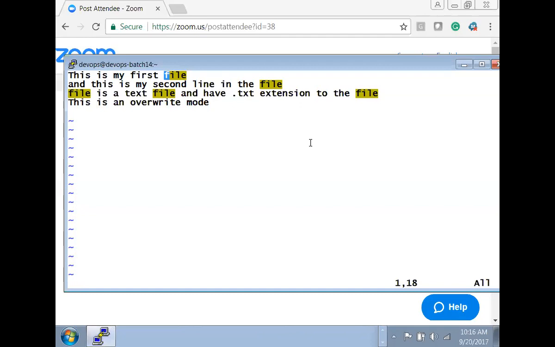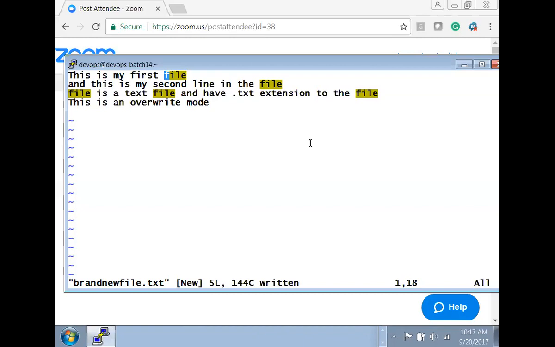Press escape. So I will be in the interactive mode now. Now in the command mode, I'll say colon W, which means save. So what does it say now? It says this file has 14 lines and 144 characters and it is written to the disk. So we are good with that.